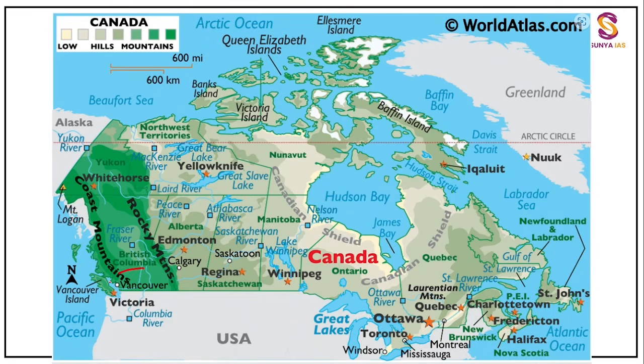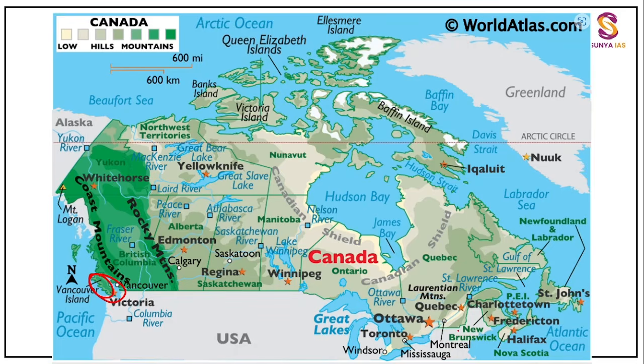And the westernmost over here, Vancouver, important, Vancouver Island you will be finding. One more, when you must have read about environment, there is one protocol for the ozone layer protection, and that protocol is Montreal. So where is that Montreal? Montreal is also over here. See this Montreal in this particular province of Quebec only, Montreal Protocol.